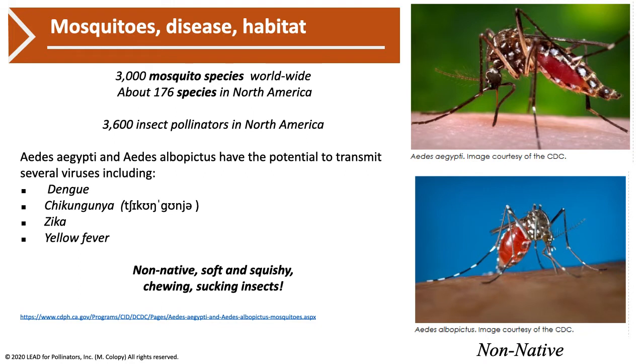About 3 days after feeding on blood, the female lays her egg inside a container just above the water line. Eggs are laid over a period of several days, are resistant to drying, and can survive for periods of 6 or more months. When the container is refilled with water, the eggs hatch into larvae. The entire life cycle, from egg to adult, can occur in as little as 7 to 8 days. The lifespan for adult mosquitoes is around 3 weeks.